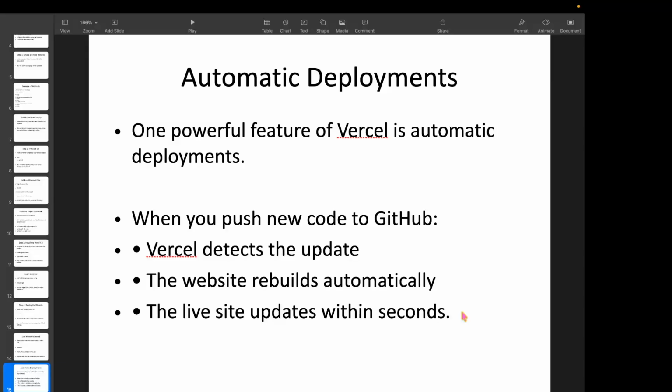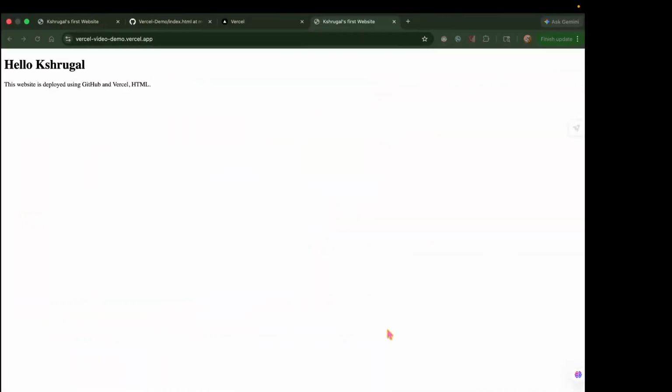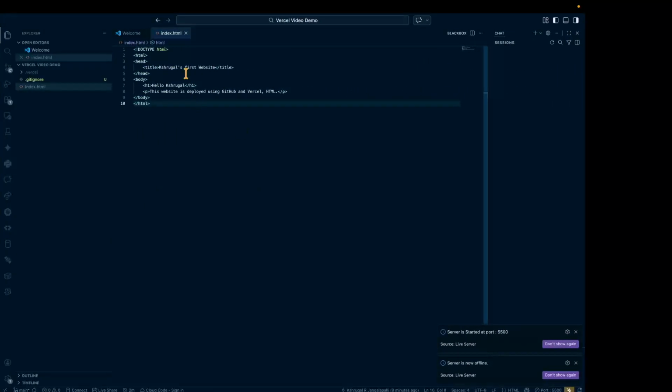So basically, when you push new code to GitHub, Vercel automatically detects the update, and the website reboots automatically, and the live site updates within seconds. So going to my terminal right now, let's say Shul's first website. We'll say Shul's first